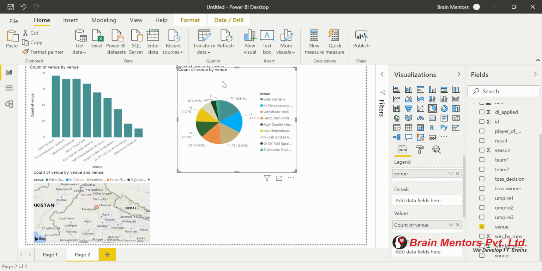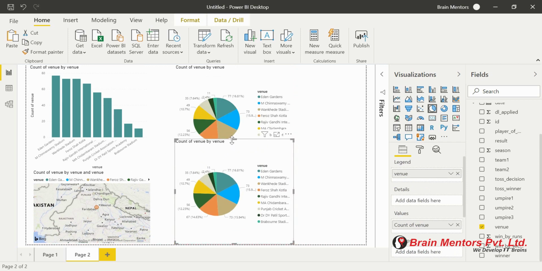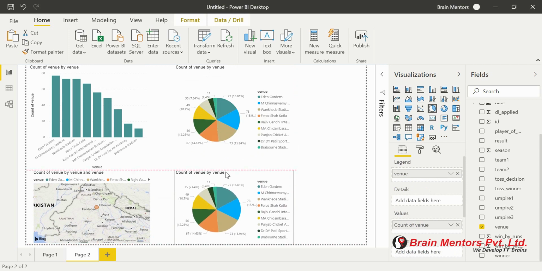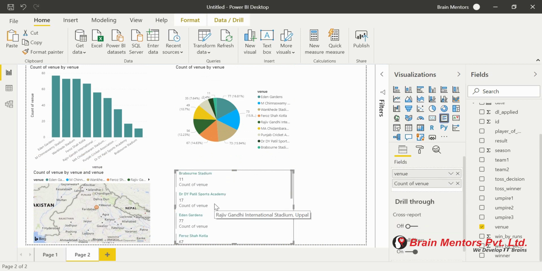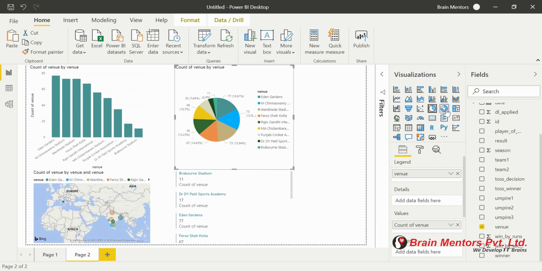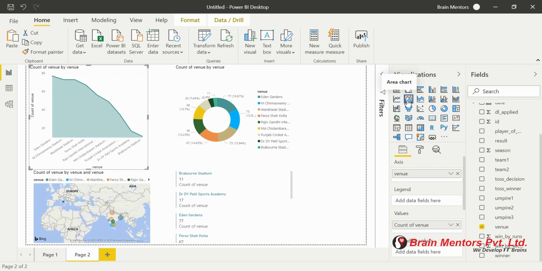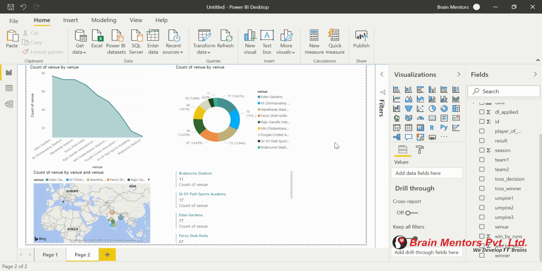Now after that, I again make a copy of it, paste it here, and make it a multi-row card so that you will be able to see the value of each stadium that I have picked. I have picked only 5 or 6 stadiums. These are the values of those stadiums, showing how many matches were played at those venues. So that's how we can make a report. We have used 4 or 5 graphs, or any number of graphs you can put here. After this visualization, you can convert it into an area chart, line plot or anything you want. So that's how these basic reports work.